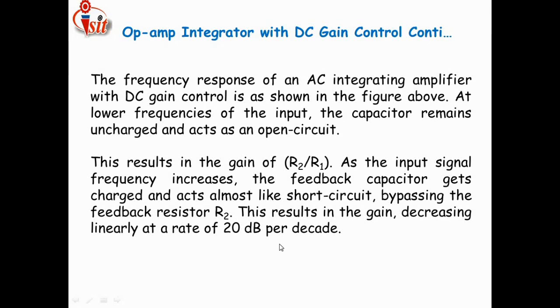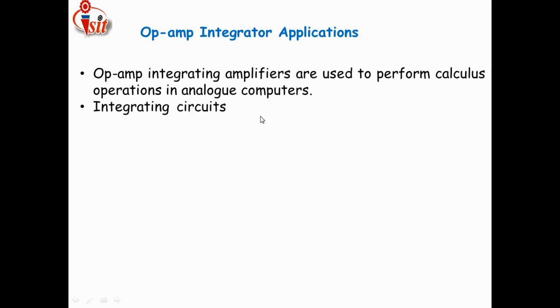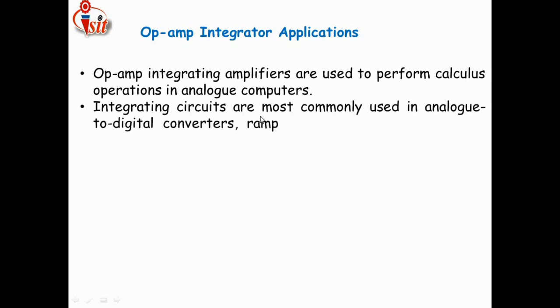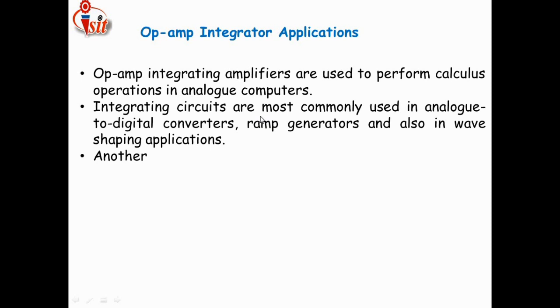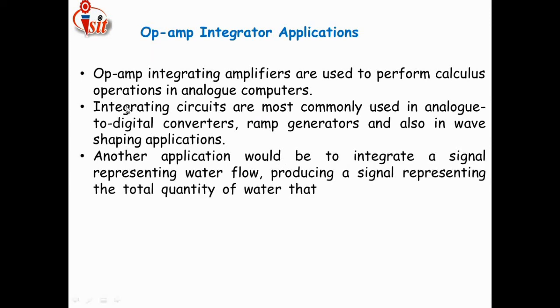And how do we convert that gain into dB? Gain is converted into dB by using the formula related to power or voltage. That is 20 log to the base 10 and 10 log to the base 10. 10 log to the base 10 is related to power, and 20 log to the base 10 is related to voltage terminology. Along with this, there are some applications related to the integrator. We commonly use it. Just see here, I have taken some applications.